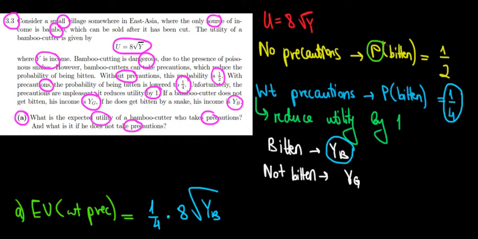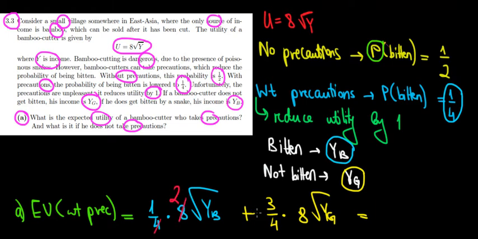Now, with the remaining probability, what is the remaining probability? Well, the remaining probability is 3 over 4 because they must add up to 1. With the probability of 3 over 4, we would have a good income because we would not be bitten. So the utility from that would be 8 times square root of YG. Now, if we work out the math over here, what do we get? Let's see. 4 and 8 cancel out, so we would have over here 2, and 4 and 8 cancel out here as well. So 3 times 2 is going to be 6, meaning that as a result,